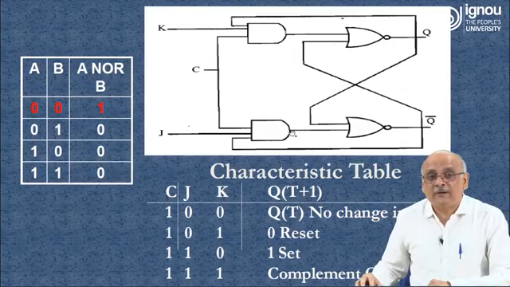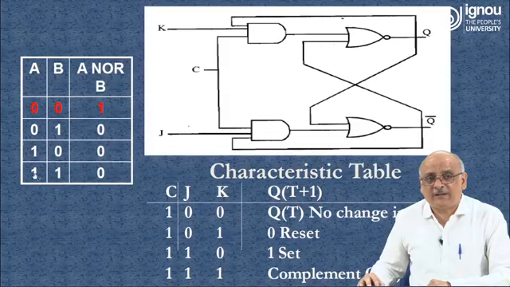So what we see here, this is 1, right? Earlier Q was 1 in the first stage. So this becomes 1. As soon as this becomes 1, what is going to happen? These NOR conditions will apply. That means the output of this gate will become 0. As soon as the output of this particular gate becomes 0, the output of this was 0 and this output is 0, so this will become 1. So what has happened? If Q was 1, now it will be complemented to 0.